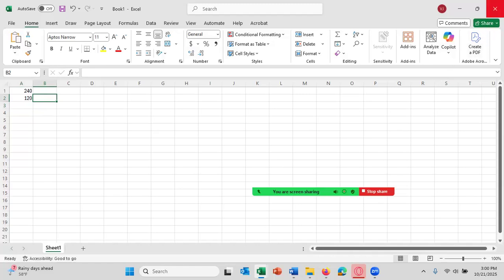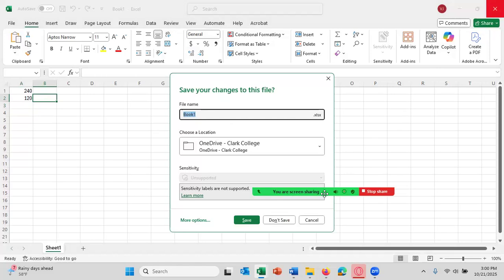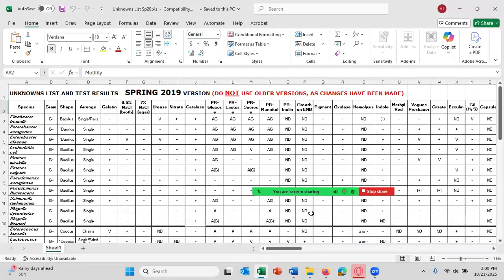So the first 3 test requests I will send to you in an email. I've decided, can you see the page here? I've got the bacteria here and the test request there. I'm going to send you the gram stain because that's a real good test request to have. It separates the bacteria into 2 large groups.